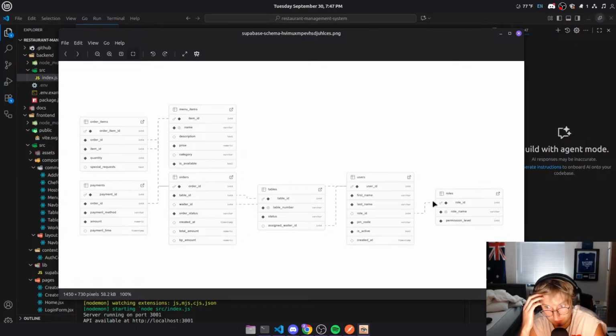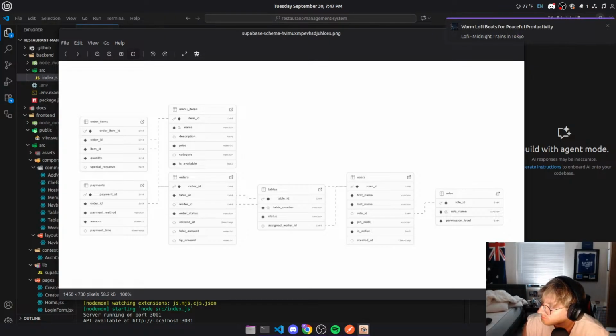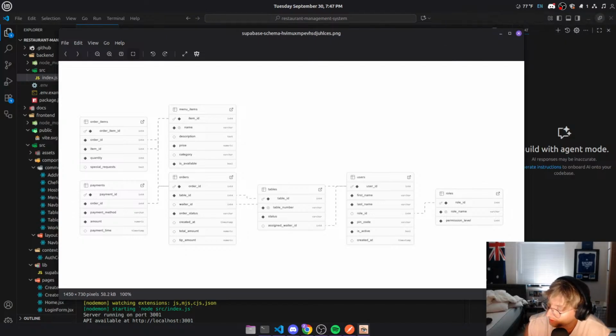I've never really done this before, so I'm trying to figure out what the heck is going on. I wish I just had access to the DB, but my partner has access to the DB and I can't join the project. It's kind of bullshit, but